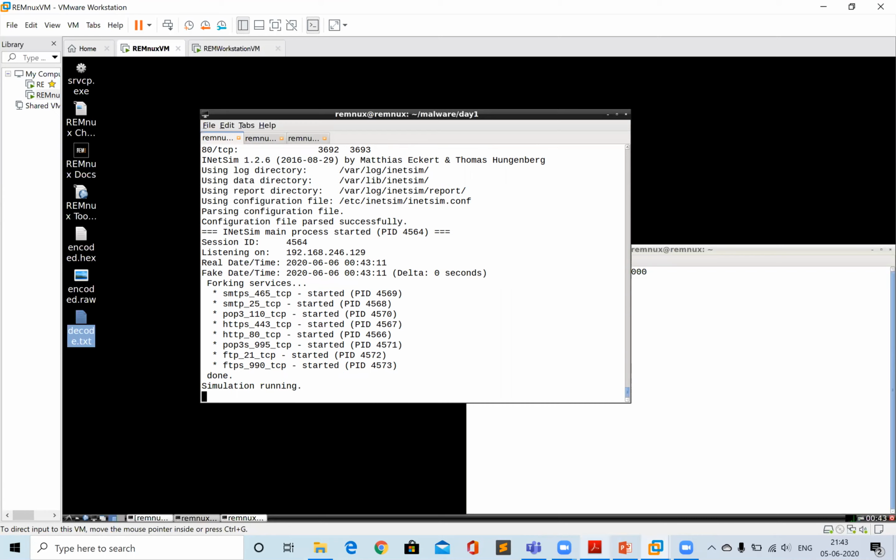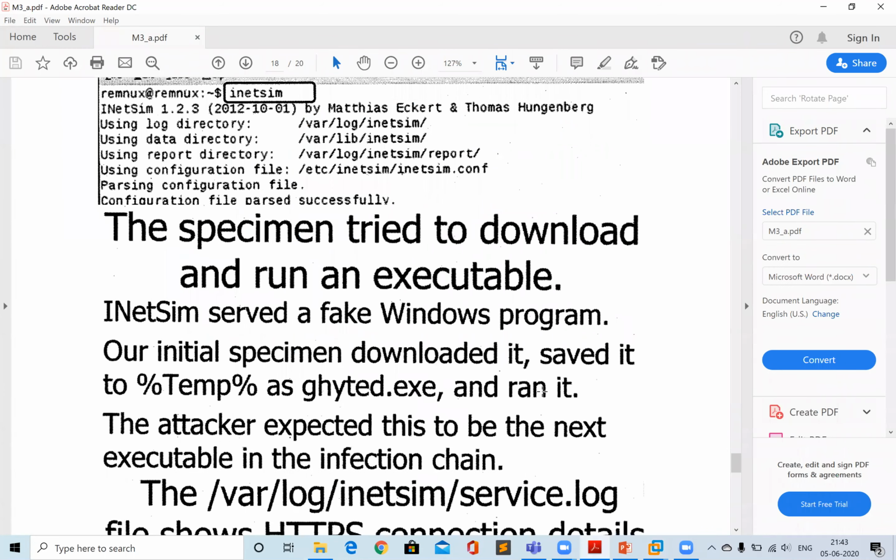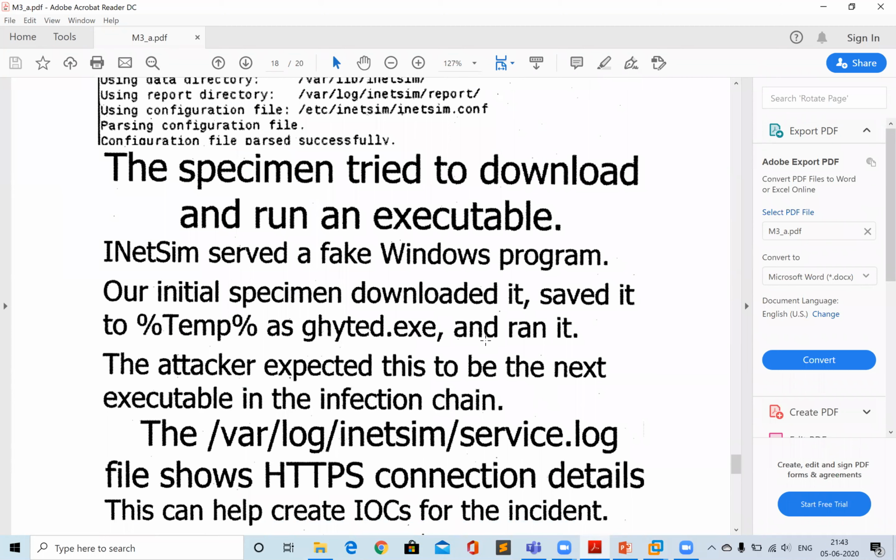And let's see what all things we can do. So what happened is the guide.exe will try to download some malware samples from the internet. Since we have established that the Windows VM can communicate with the Remnux VM, the guide will think that the malware server exists on the Remnux VM, and it will try to download some sample from there.